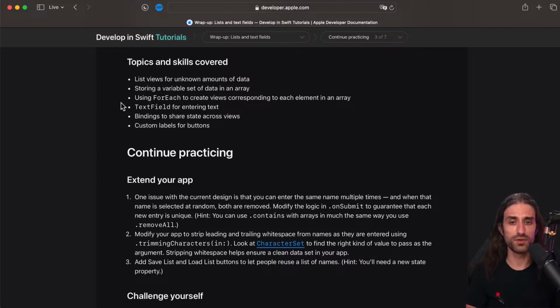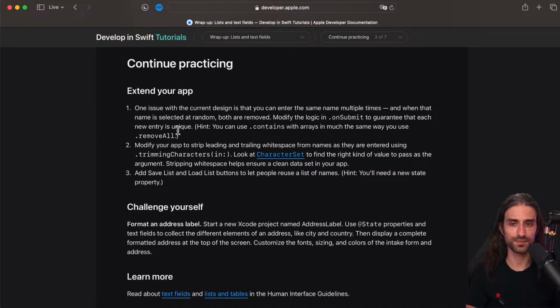Using ForEach to create views corresponding to each element in an array, so using ForEach to iterate over a collection and then produce a view for each element in the collection. TextField for entering text. Bindings to share state across views and across parent and child views. And custom labels for buttons, and label being any kind of view that you want.